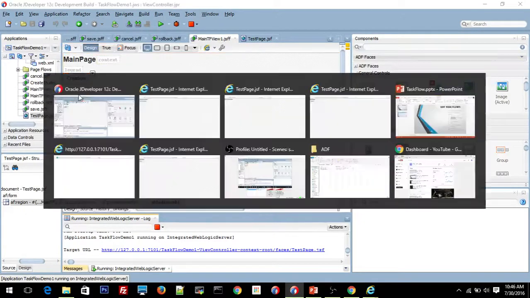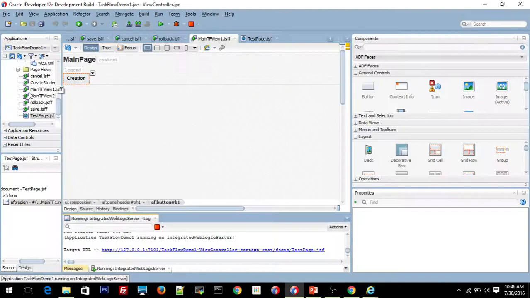So this is in the first task flow, the main task flow. Click on create and you're in the second task flow, or student creation page. When you click on save, it doesn't matter whatever you give here. Just click on save. It should take you to the save.jsff, where you should have a back button, and it should take you back to the calling task flow. Click on save and click on this button. It should take you to the main page, that is the main page here. Just click. See, you navigated directly to the calling task flow. That's the purpose of having a